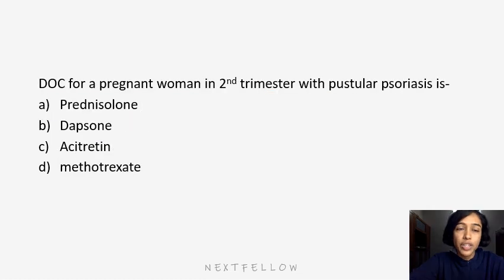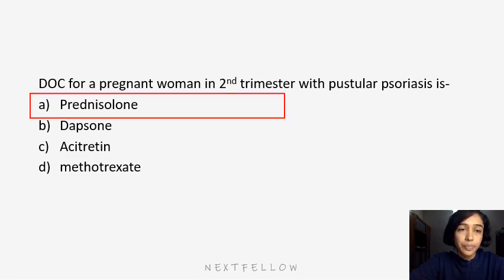The drug of choice for a pregnant woman in second trimester with pustular psoriasis is prednisolone, dapsone, acitretin, or methotrexate. So here we have three drugs which are contraindicated in pregnant women. They are dapsone, acitretin, which is a retinoid, category X, and methotrexate, category X. So that leaves prednisolone. This is the only indication in psoriasis where you give a corticosteroid, that is pustular psoriasis